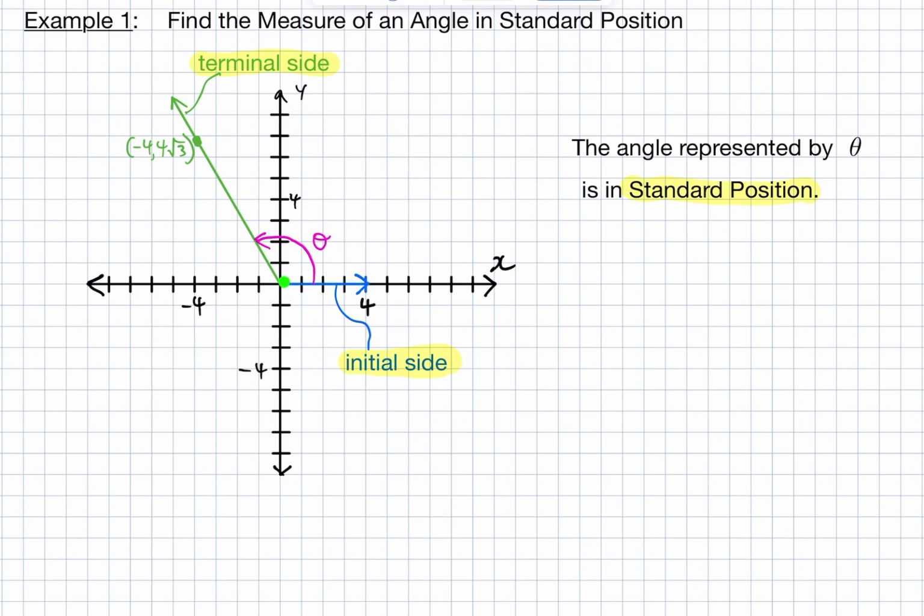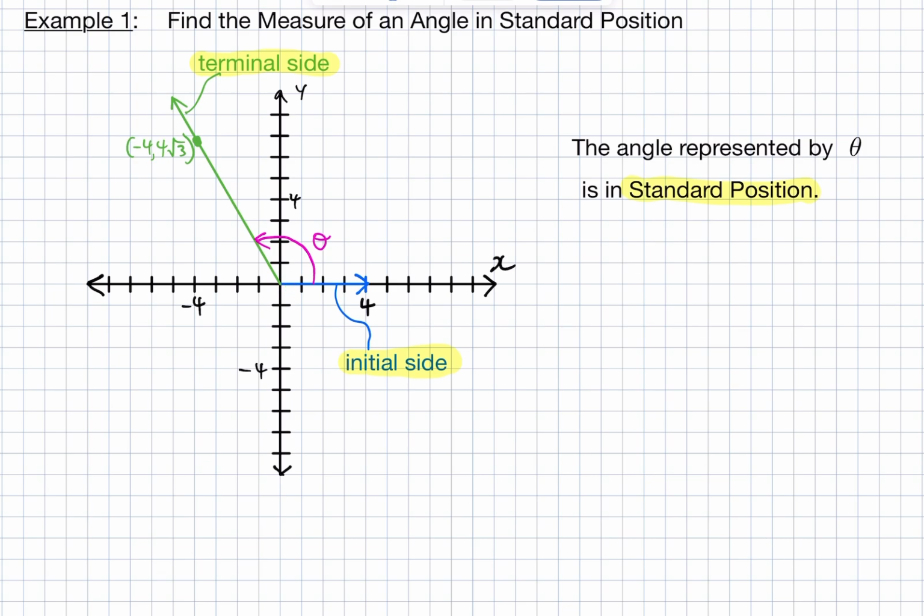So this side here, which is on the x-axis and starts at the origin, that side of the angle is called the initial side. And then the other side of the angle, which I have in green, is called the terminal side. Now, this terminal side could be in any position. It could be over here, it could be over here,